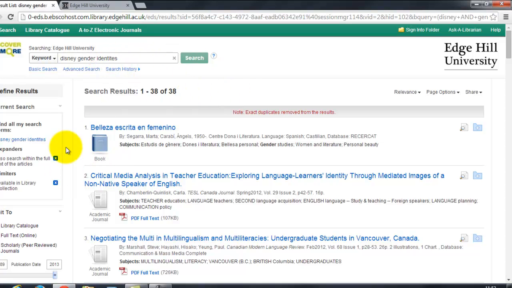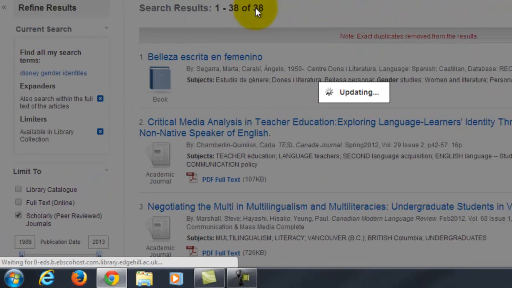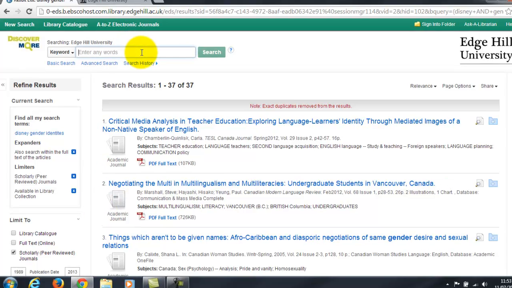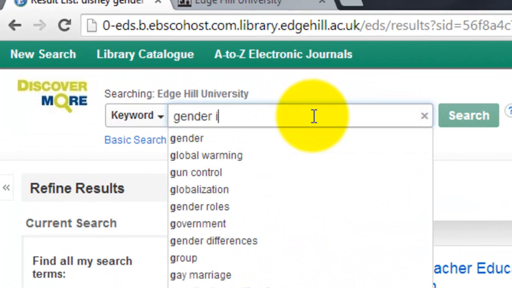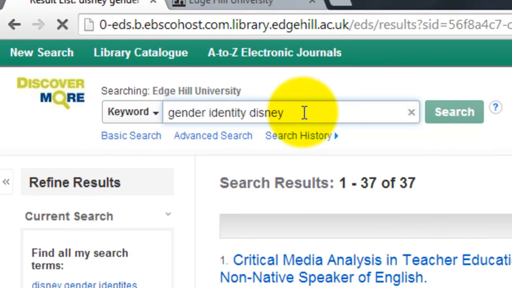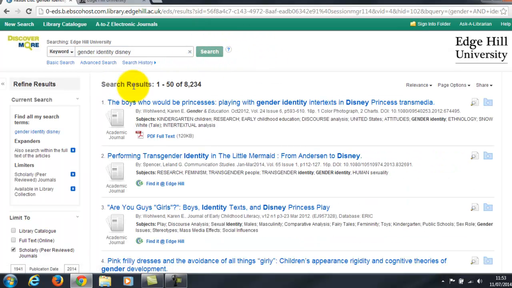Now, we've come up with quite a bit of stuff, but what we want to focus on here is journals. I'm not sure they are particularly useful, so I'm going to try another derivation of the topic and look for gender identity Disney. And this is a lot better. So what it's come up with is